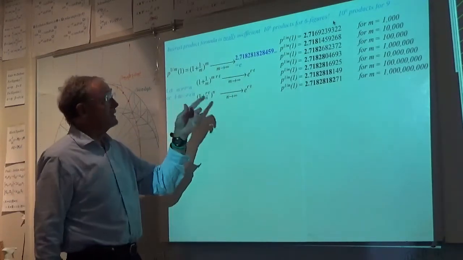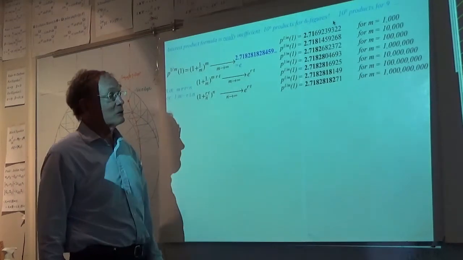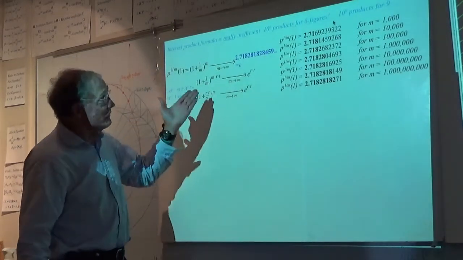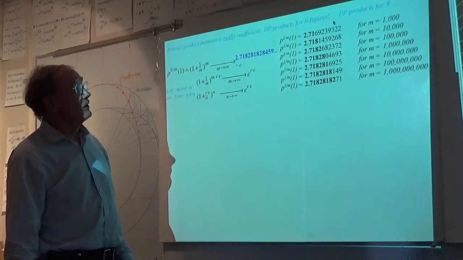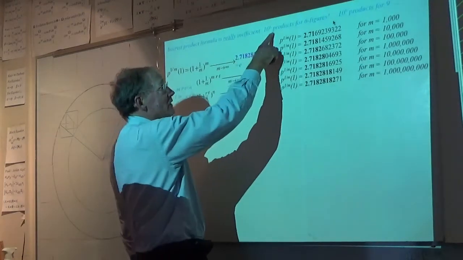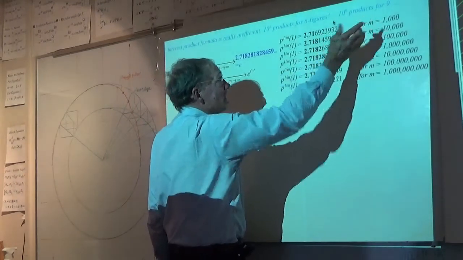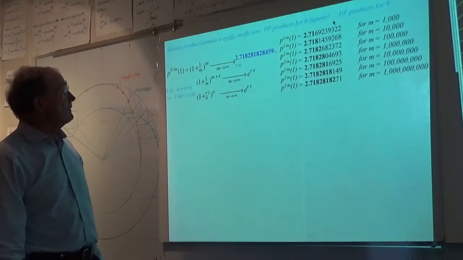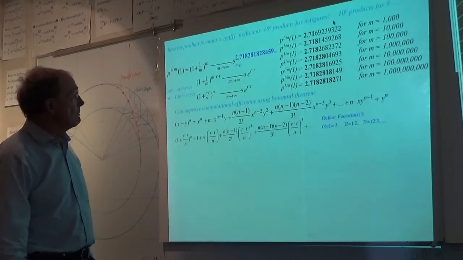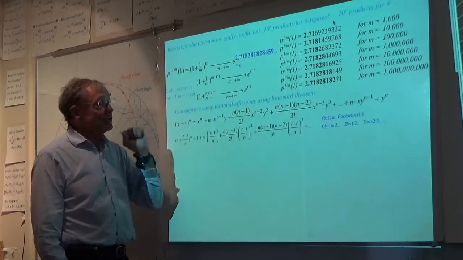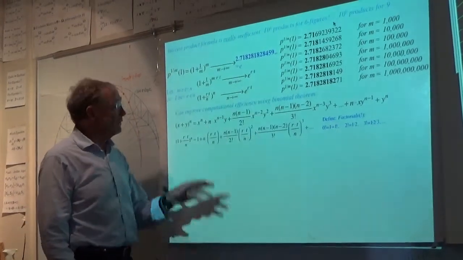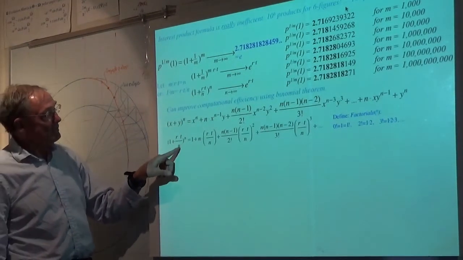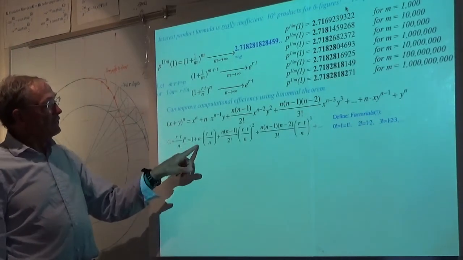That is not a nice way to calculate anything. You don't want to have to be doing 100 billion calculations, you say. But nevertheless, that is the progress of this limit, you see. Basically, 10 to the 6 products to get 6 figures, 10 to the 9 products to get 9 figures. Okay? So, interesting mathematics, but not an efficient way to calculate. And the idea is you can improve the computational efficiency by using a binomial theorem to evaluate this thing right here. So we're going to evaluate that rate times time divided by n as a binomial expansion.